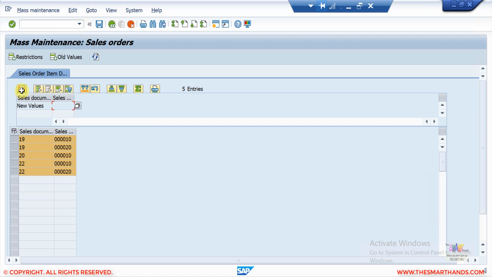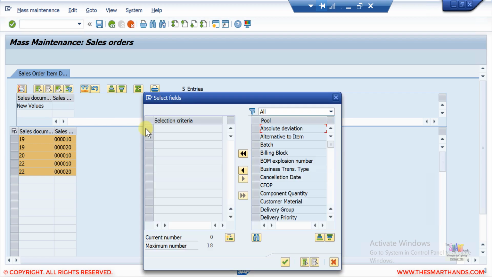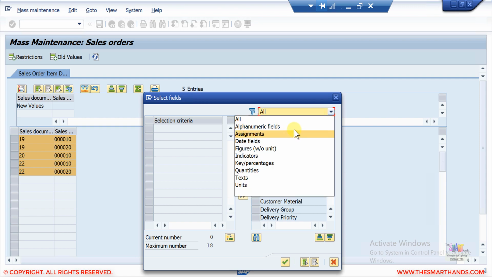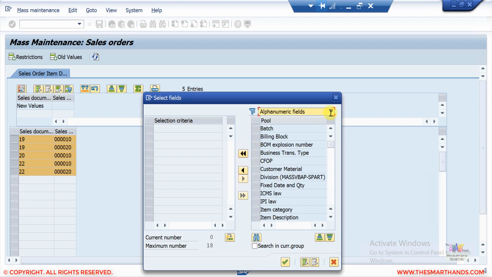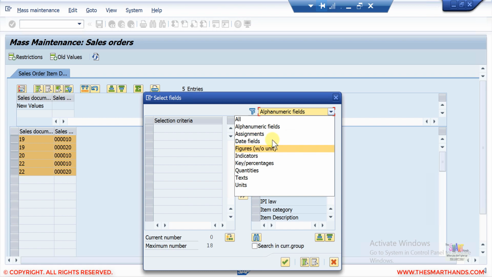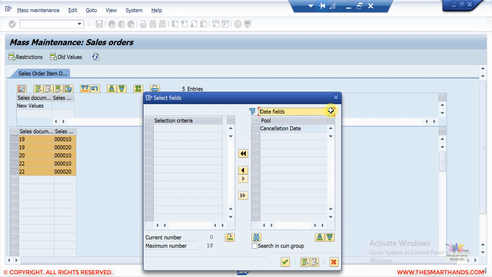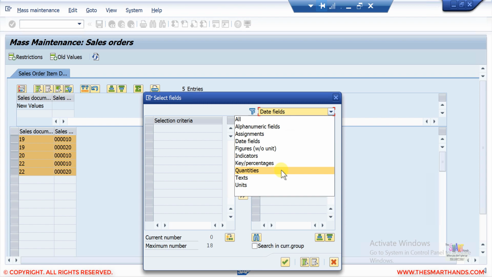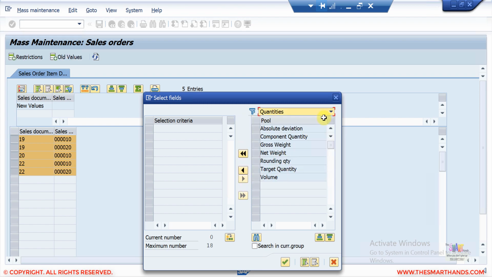Then you can click on this little icon, the first one, select fields, and here it is asking what you want to change. For example, I'll say billing block. You can also filter, for example, to see alphanumeric fields, date fields, or quantity fields. There are so many options.